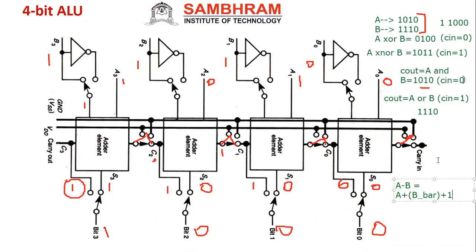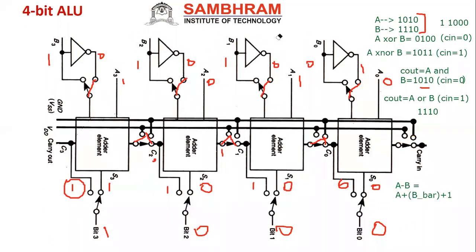So for that only what you have to do: I give the A value here, B bar, the B bar, and this is what will happen. I will get like this. This is 0 means this I will get 1. This is 1 means this I will get 0. This is 1 means this will be 0. This is 1 means this will be 0. Now we should know which input will take. See here. Now the switch will go like this, because B bar I need to get, right? B bar.